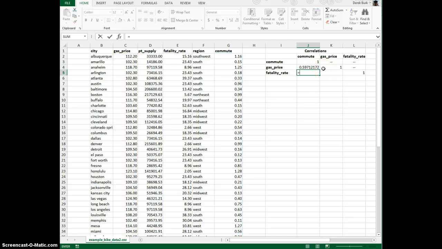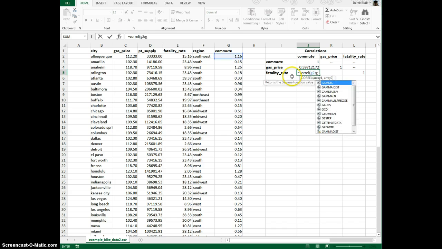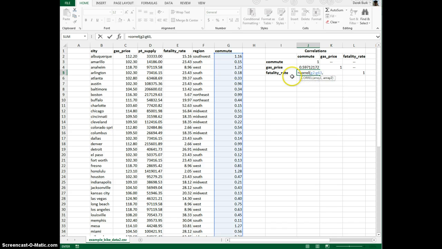Okay, and then for the other variables, CORREL, commute and fatality rate, that's going to be G2 to G63, and fatality rate, which is the number of deaths per 10,000 bike commuters, and that is in column E. So I'll type E2 to E63,